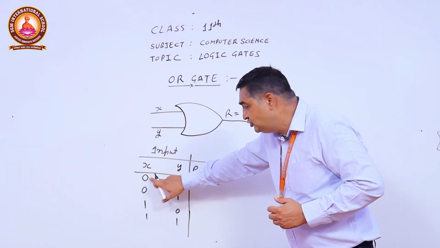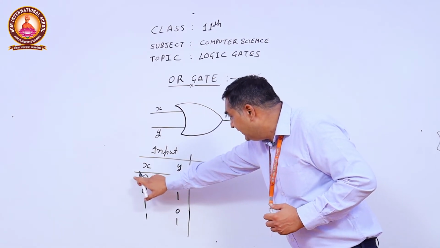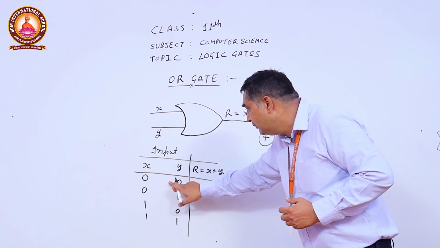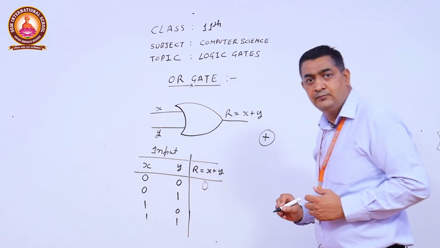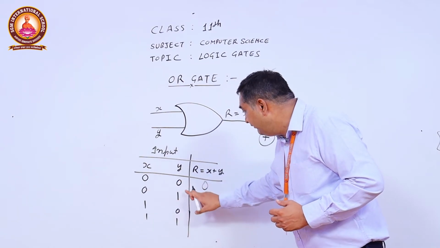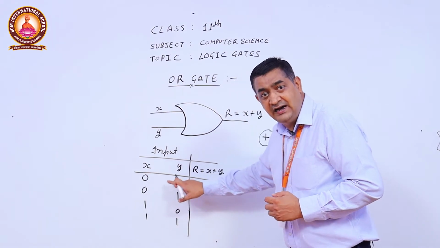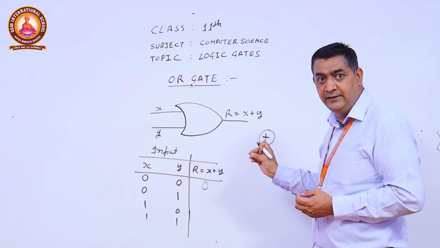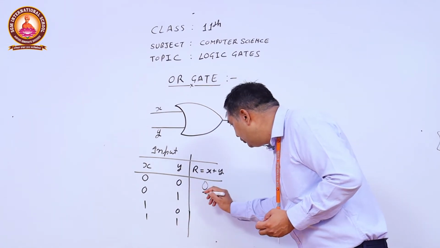Now the value of x is 0 and the value of y is 0. Both are 0, both are low, so the output will be 0 or low. In this row, the value of x is 0 and the value of y is 1. As per the rule, if any value is high or 1, the OR gate produces a high output. This one is high, so the output will be